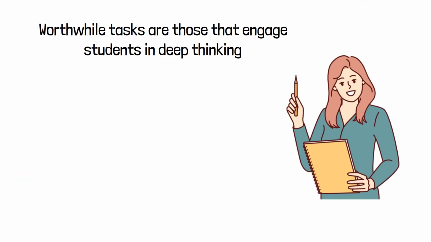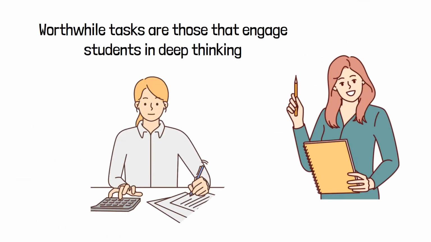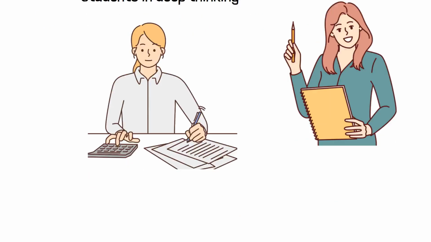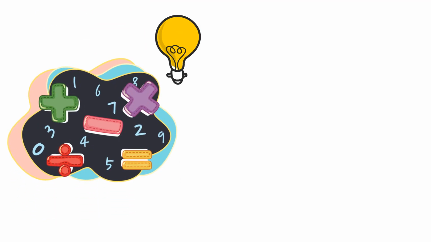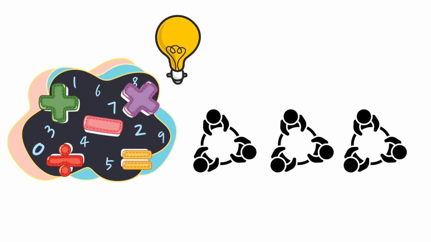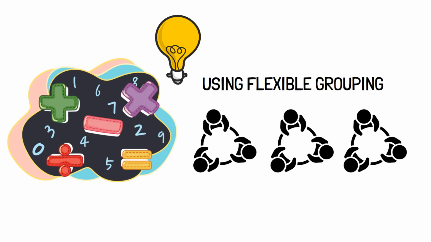Differentiation of instruction in mathematics lessons is needed to support and challenge the learning for all students. One example of a differentiating process is identifying what thinking will engage students in the mathematical content. Differentiation can involve providing different levels of support, offering varied tasks that cater to different learning styles, and using flexible grouping to ensure that all students are appropriately challenged and supported. For instance, while some students might work on basic addition facts, others might be exploring more complex problems involving multiple